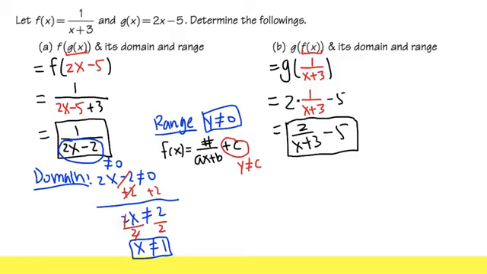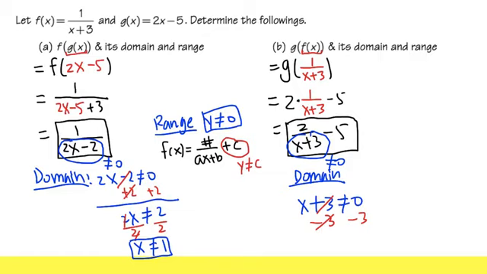Alright, let's do the domain right here. Domain, right? Well, again, just pay attention to the bottom right here and make it not equal to 0. So x plus 3 cannot be equal to 0. And as usual, just minus 3 on both sides. And you see x cannot be equal to 3. So that's pretty much it. So, sorry, x cannot be equal to negative 3. And we're done. And as for the range,